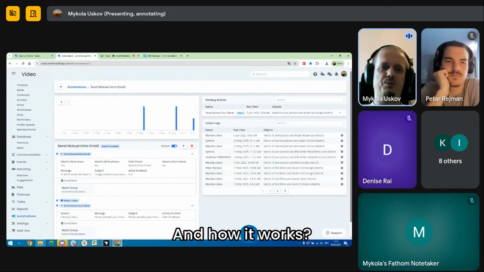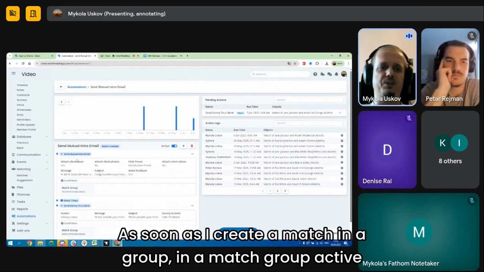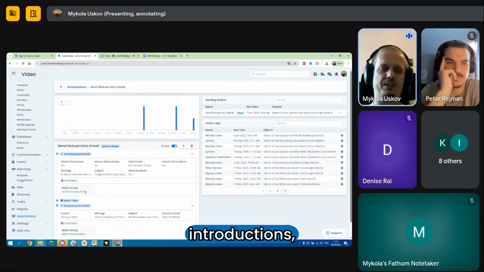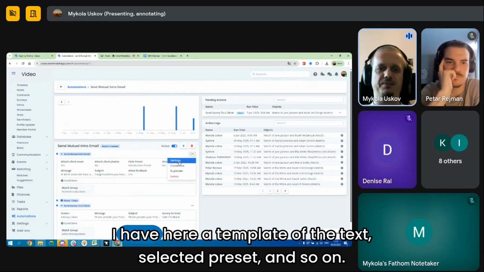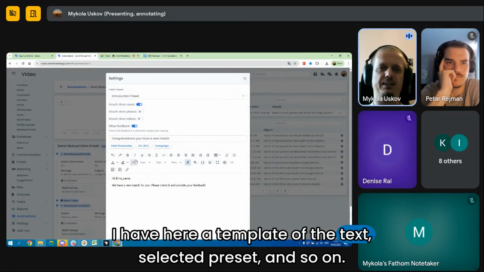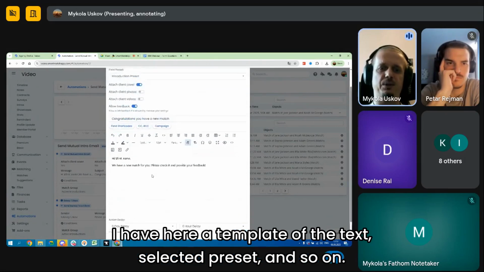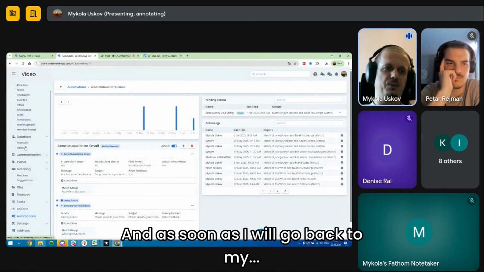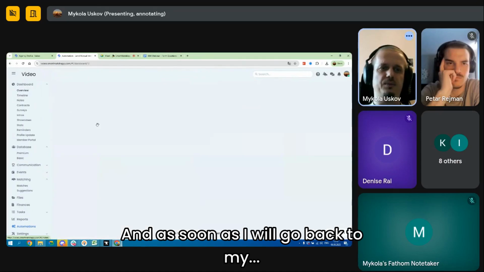And how it works is pretty simple. As soon as I create a match in a group, in a match group active introductions, I have here a template of the text, selected preset, and so on. And as soon as I will go back to my